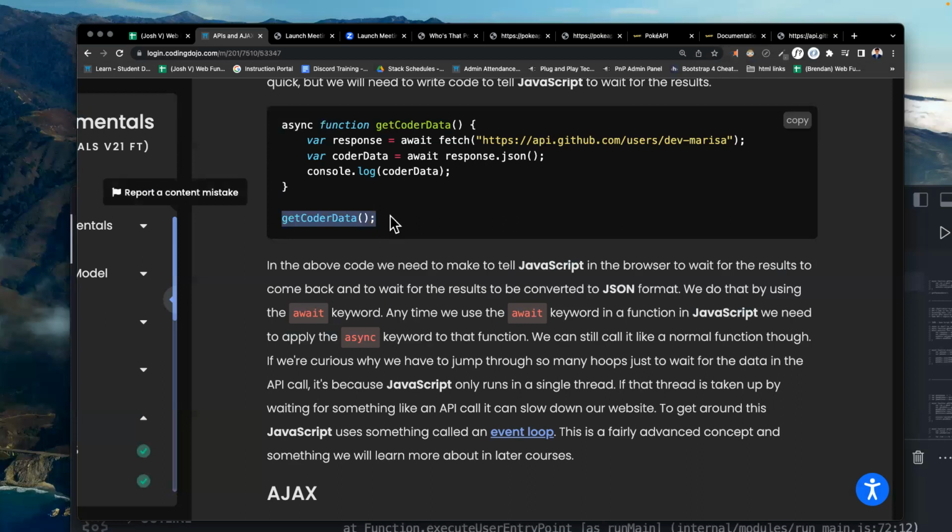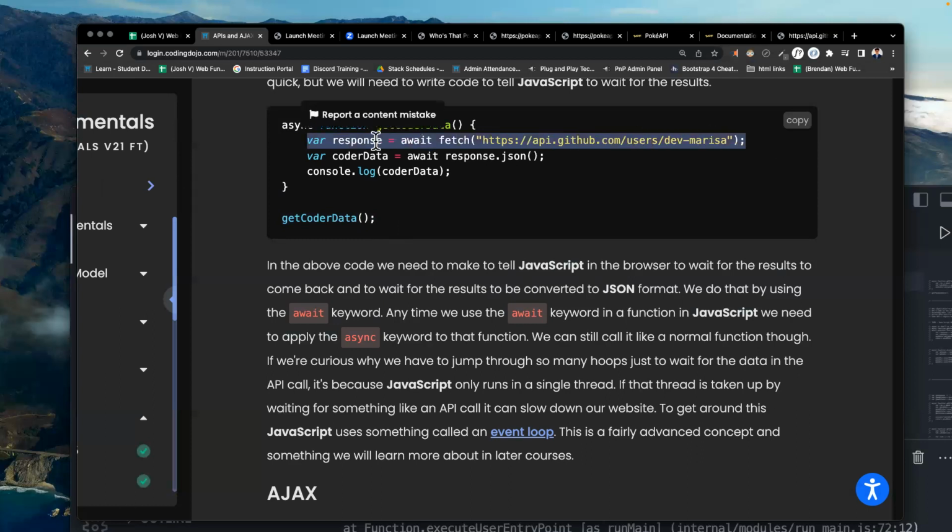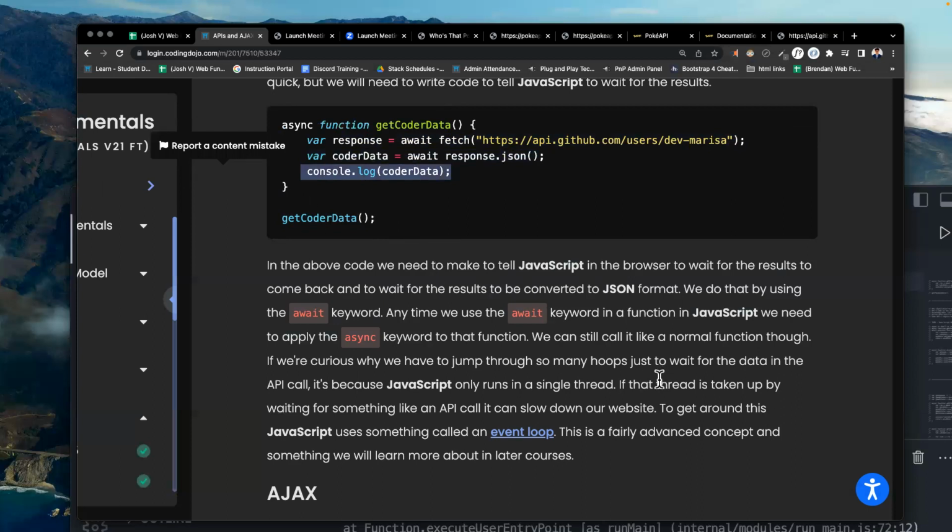So it reads from top to bottom. But if we don't put this await here, it's going to read this line, and it's only going to stay here until this is done. We want this to keep working in the background while it goes to the next line, the next line, next line. Okay, so that's the point of writing await.